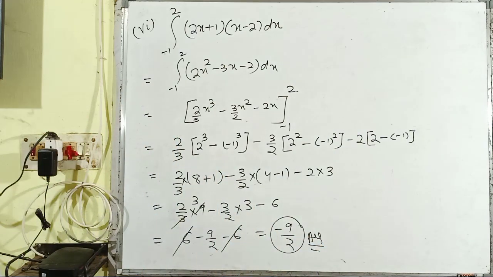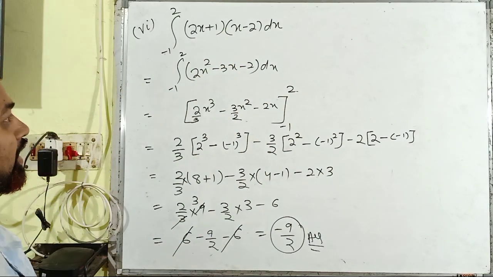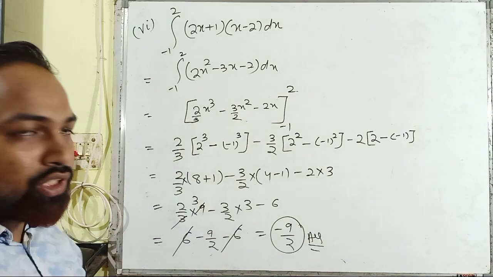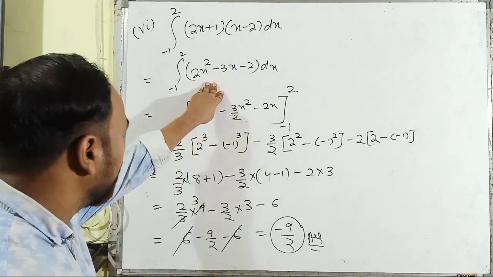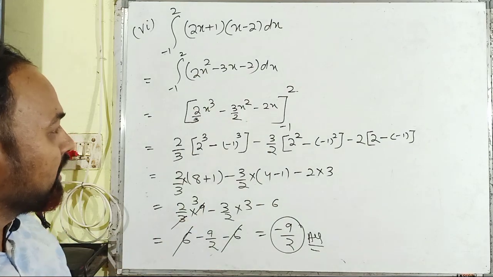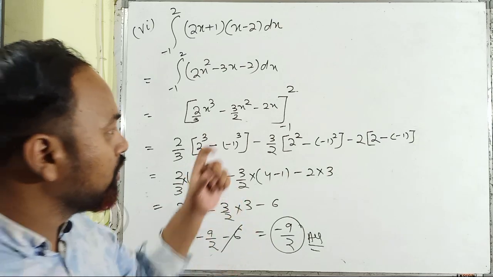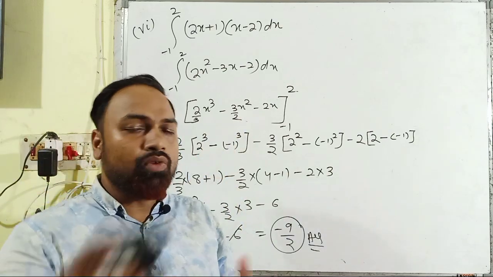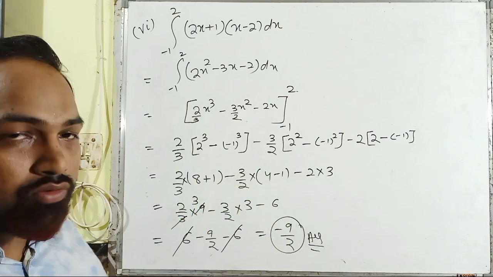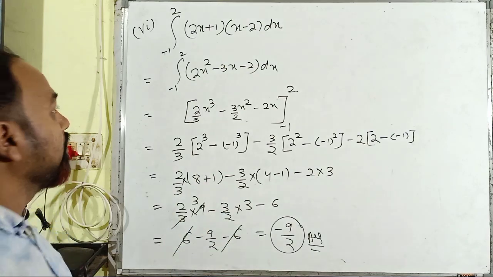So here it is the process. So first of all we have to multiply both of the functions so that we can get a unique integrand for the definite integral process, and then we have to put the normal procedures of integration. Then we have to apply the basic properties of definite integrals, that means in place of the variable we have to put the upper limit first minus, then we have to put the lower limit, and then just simplifying some of the steps we can get the answer very easily. Then let us move to the seventh one of number 1.